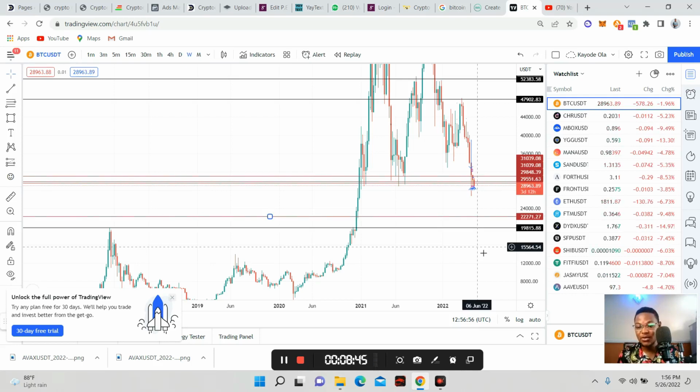The bull market will come again, and the people that actually make use of this particular time will enjoy that time, because I must tell you the truth, people will buy the top again. People are afraid right now, then when the market starts going up, they will be like, wow, it's going up now, let me buy. They will now buy the top again, and then we dump on them. Don't be like that. Be a good investor. Don't be a bad investor.